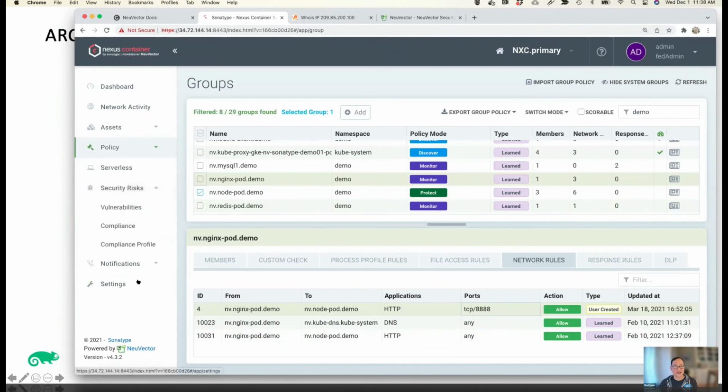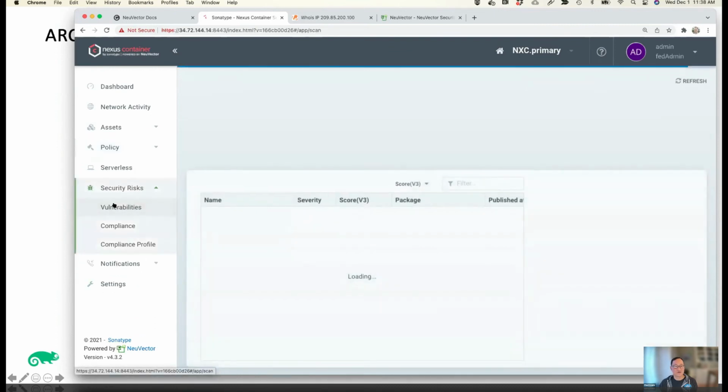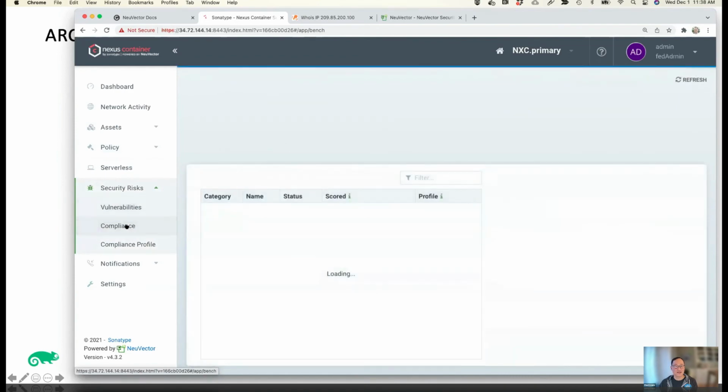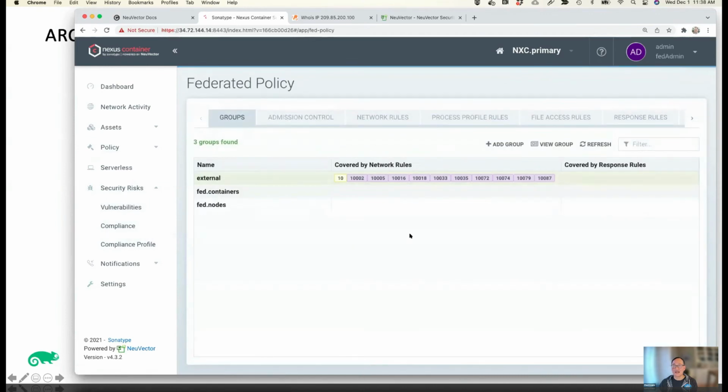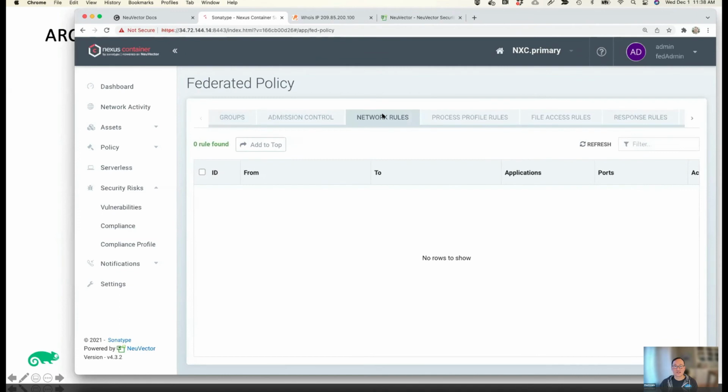So that's a quick overview of the network protections, process and file protections in NeuVector. There's a great number of capabilities for doing vulnerability management, compliance management, even multi-cluster management. You can create admission control, network rules, process rules, and federate them down into multiple clusters. So if you have global policies like don't allow SCP or SSH into any containers, and you want to push that to every cluster managed by the multi-cluster manager, you can create those here and push them into all of the managed clusters.